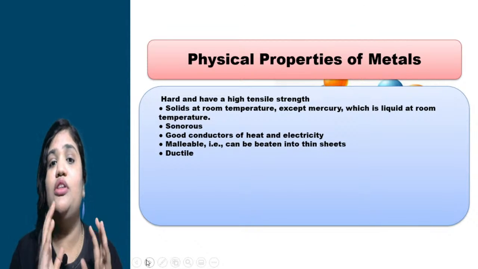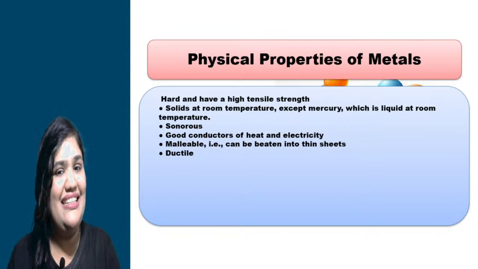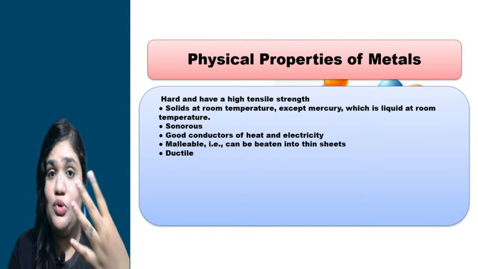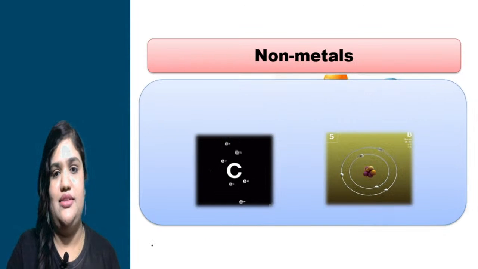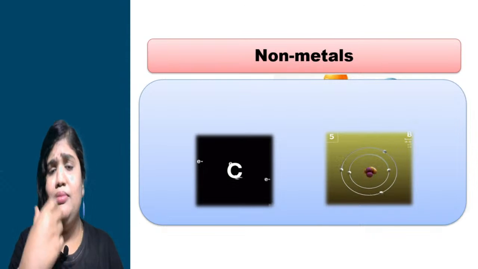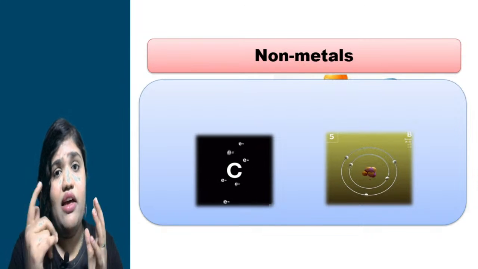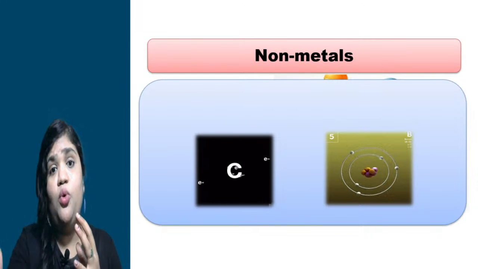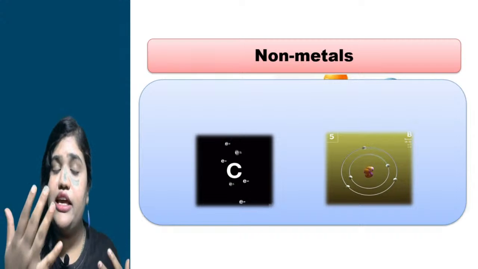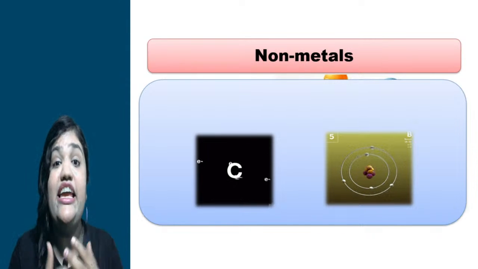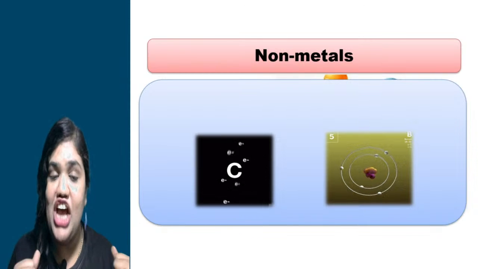Now let's move on to the non-metals, as we have taken lots of information regarding metals and their physical properties. So moving on to the next point, let's discuss the non-metals. So basically non-metals possess exact opposite properties of metals. As we have studied, metals lose electrons to form positive ions. Here is the exact opposite situation. Non-metals are also chemical elements which accept or gain electrons to form anions. Anion means what? Having negative charge, everybody.